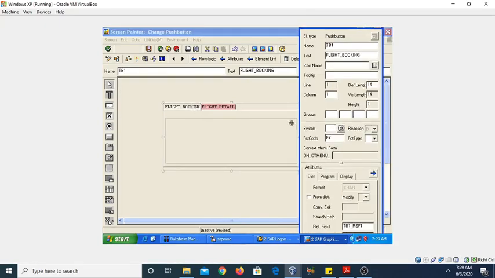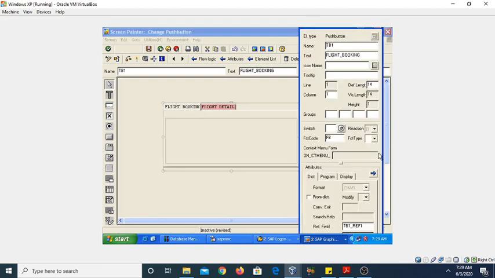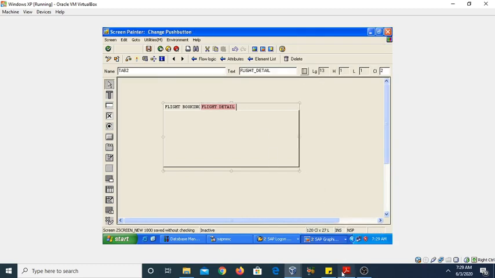For this one we have defined the FD, but the function type must be our P type. Similarly, for the second, the function type must be P. Click on the save button.